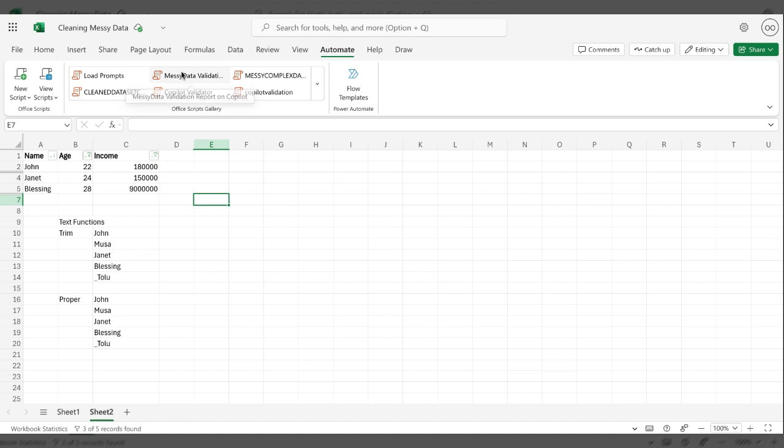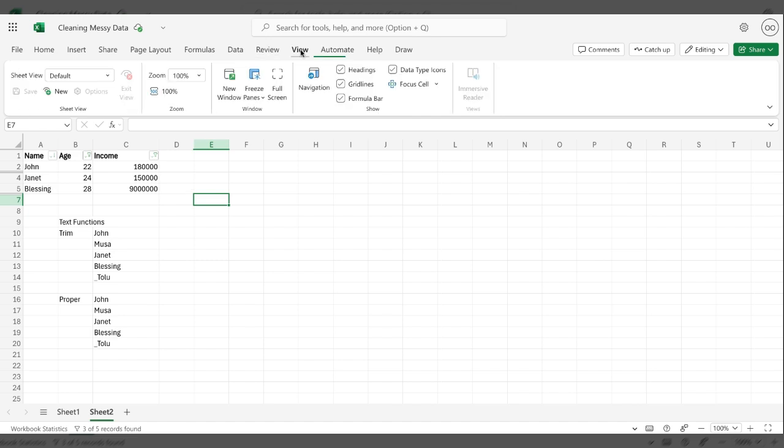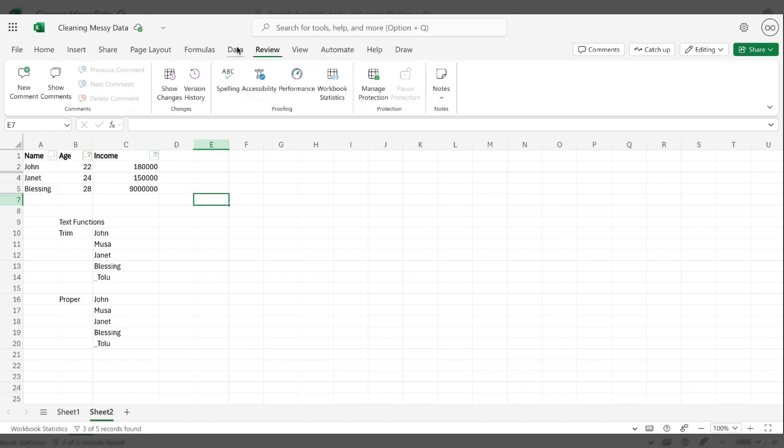You can always use your filter, or at the end of the day, ensure that you clean up your data so that it is in the right shape, because before you analyze any data, you must ensure that the data is actually cleaned, and that can only be achieved